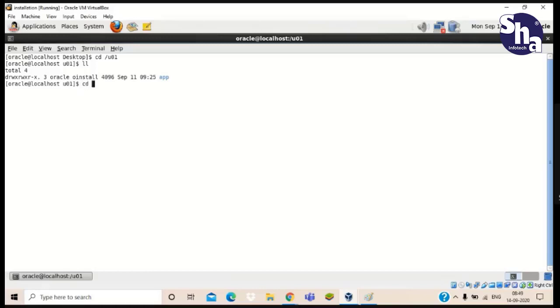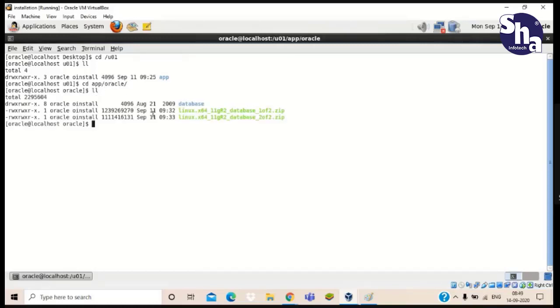Now let us get to this location. You can see after unzipping we have this database directory already created. Get to this database directory with the help of cd.